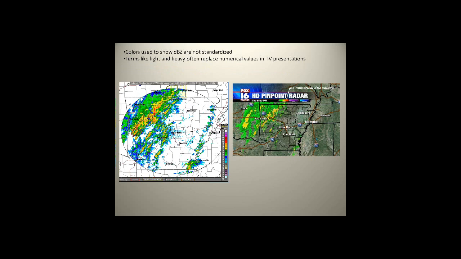Reflectivity is not on any sort of universal standard. Here are two reflectivity images from the National Weather Service. The one on the left is from the National Weather Service radar at Little Rock, and I tried to highlight here their color scale, and these numbers are this dBz unit we just talked about. And you can see that there's an area of thunderstorms moving into the northwest of the coverage area of the Little Rock radar. This is a grab from about the same time from a television station in Little Rock, and